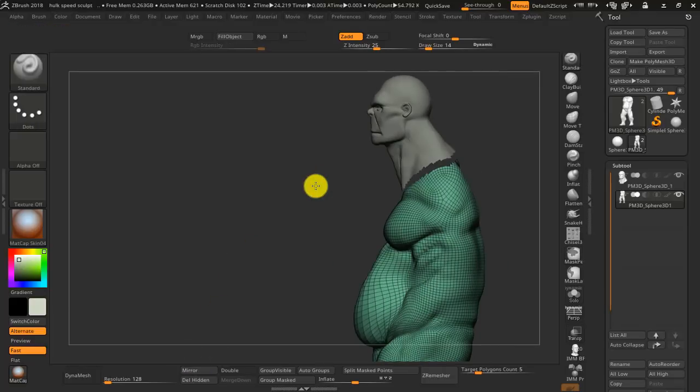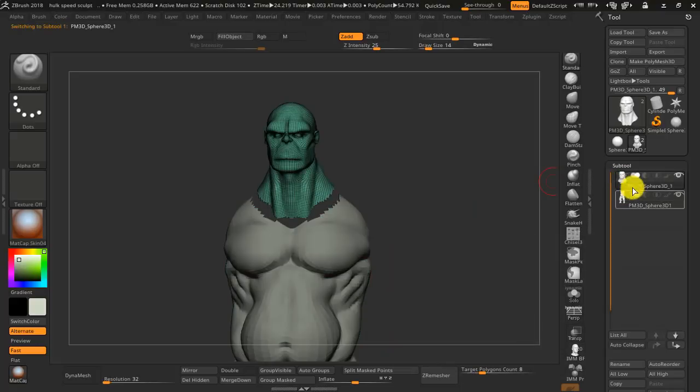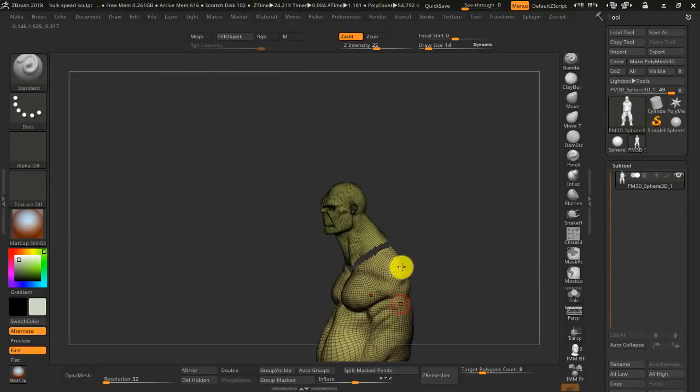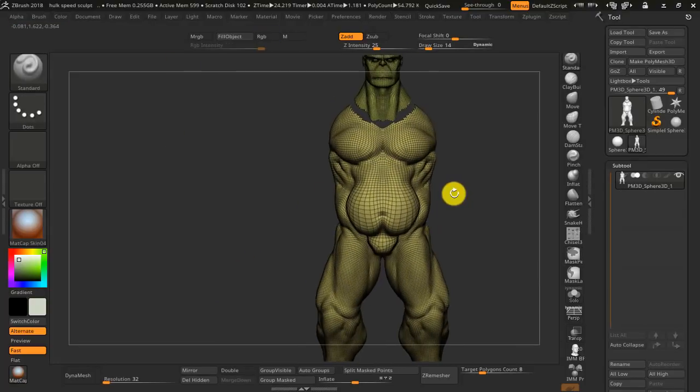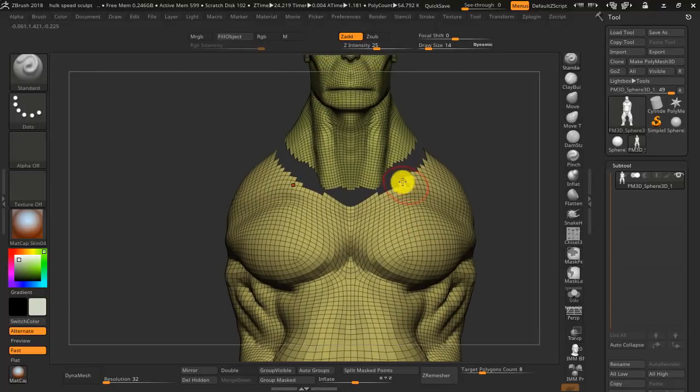So once you've gotten to this stage, what you want to do next is select the head and merge down. Okay, so now this is just one subtool now, and the next step is we'll be using the ZModeler